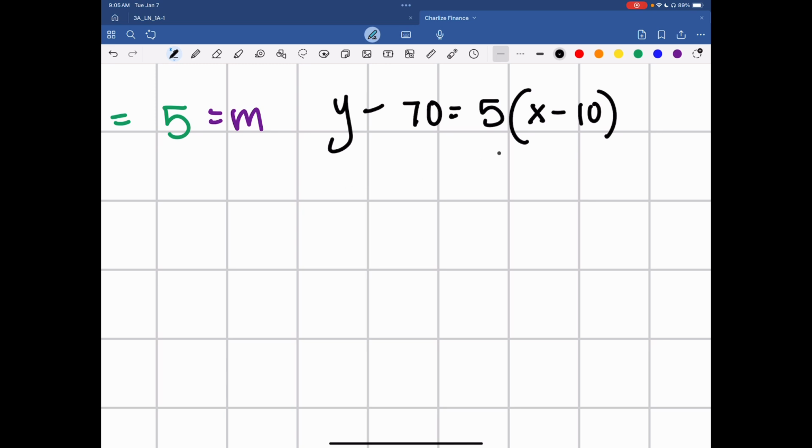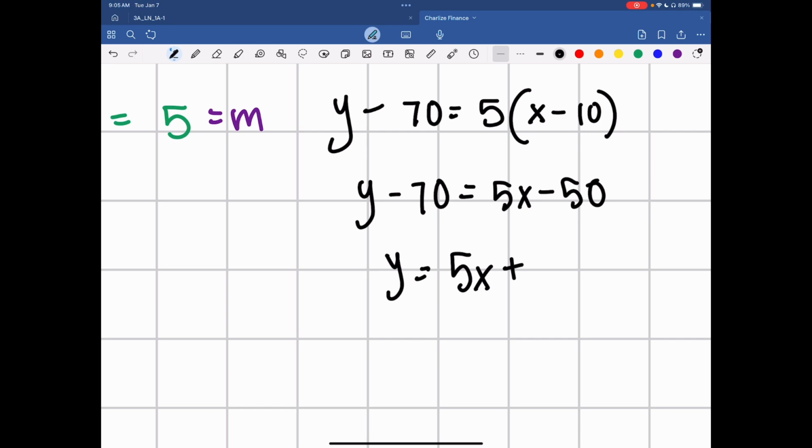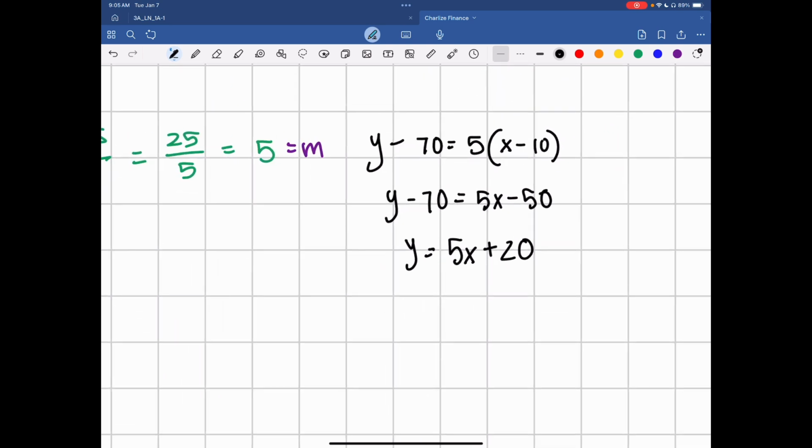This is my equation, and then I will solve for it. Y minus 70 equals 5x minus 50. Y equals 5x plus 20. So this is my final equation,